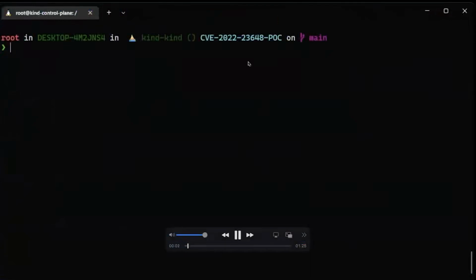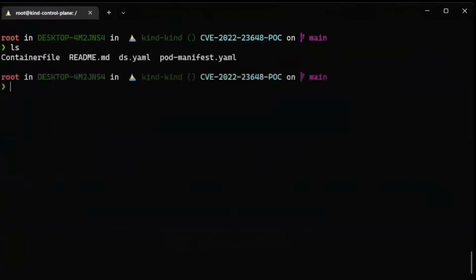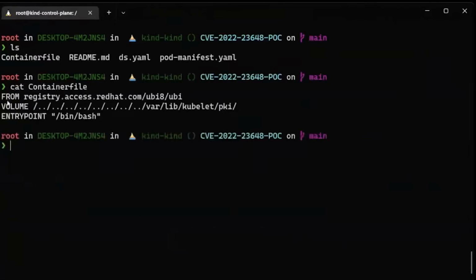So to demonstrate one of the vulnerabilities that can occur in the container stack, let's look at CVE-2022-23648, which is a vulnerability in containerd. What we can see in order to exploit this vulnerability is that we have a container file here, which has a pretty standard setup from an entry point, and then we've got this volume line here, which does directory traversal, and then the PKI directory for the kubelet. This contains sensitive information such as the private key of the kubelet. So if an attacker can get access to this by running this container, then obviously they can use that to try and get additional access to the cluster.